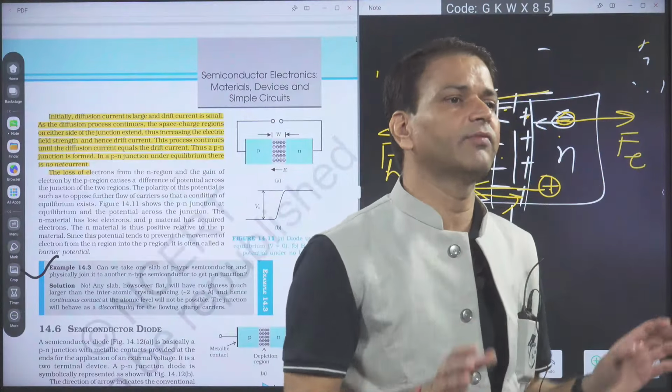In this graph, they have shown 1, 2, 3. What have they related? Low reverse bias, high reverse bias, and unbiased. Barrier height is minimum for forward biasing and maximum for reverse biasing. So I can say unbiased, low FB, high FB. In that way we can relate the barrier height in the case of unbiased, reverse bias, and forward bias also. Okay.